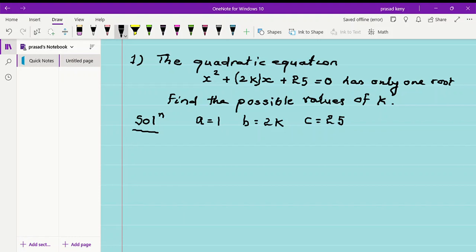Now, it is given that the quadratic has only one root,